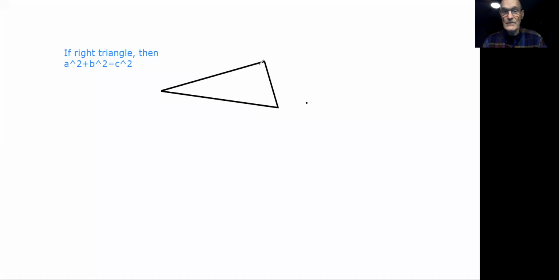If you get two sides, then it's fairly straightforward. Let's say this is 12 and this is 5. And this would be one of the Pythagorean triples, a 5, 12, 13. But we can say, okay, 12 squared plus 5 squared